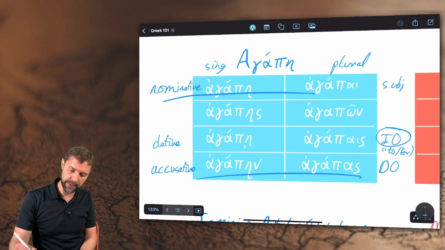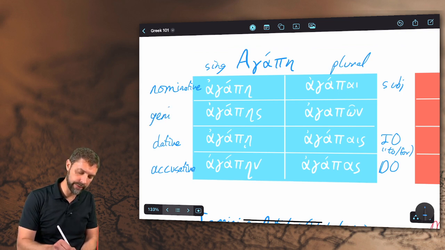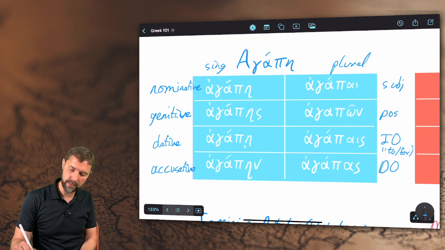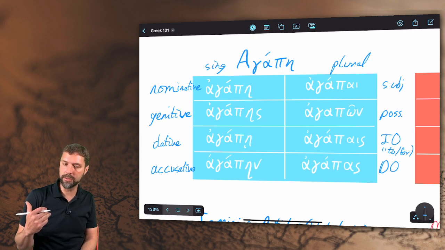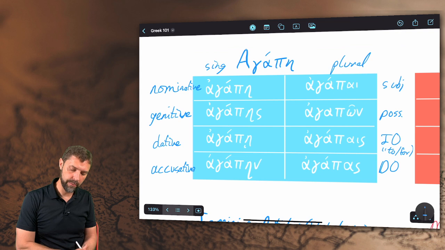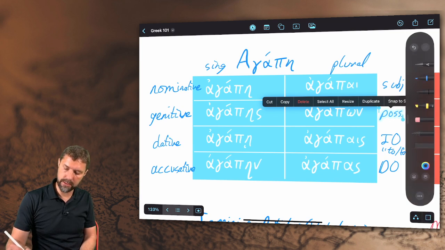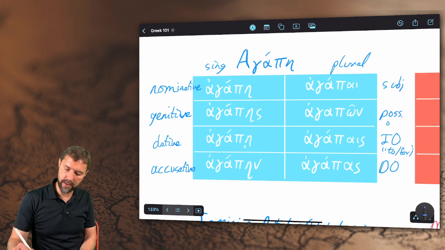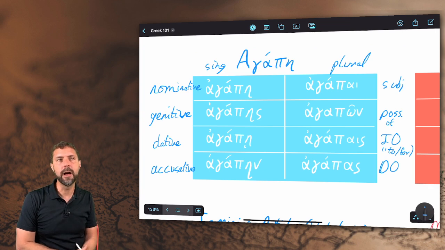In my example sentence, I gave money to my friend, there was one other word, and that was to my friend. And so this is called the genitive. And the genitive is going to be possession. So this would come out as my, your, ours, any of those forms. But for now, what you just want to do is translate this with of, and you'll be okay. So as you're proceeding through a sentence, if you want to say something like the love of God, or we'll say something like the